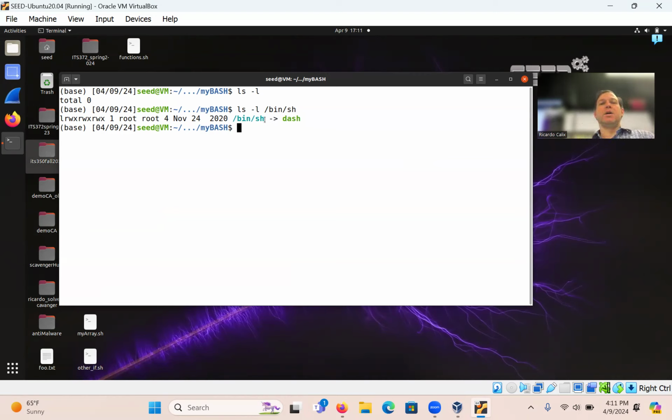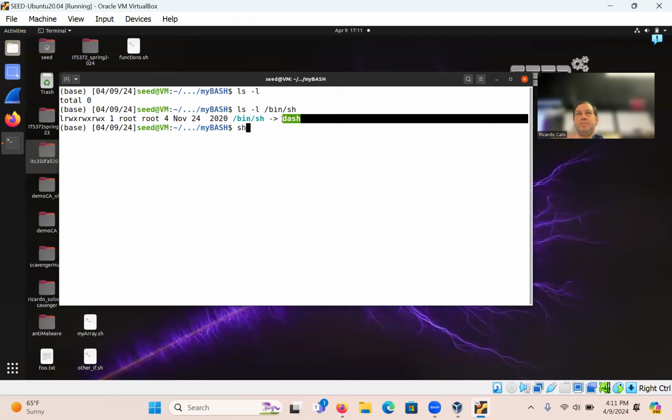So in fact, when you do something like sh, guess what? You're not actually calling a program itself. You're calling a symbolic link, which is pointing to something. And look at what it's pointing to. It's pointing to something called dash, which is like bash. It's just the same idea, but implemented differently.